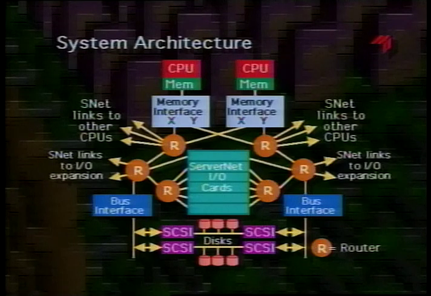In software fault-tolerant mode, each of the CPUs would be running a separate code stream and would be passing messages through the ServerNet interfaces. In hardware fault-tolerant mode, both of the CPUs are running the same code at the same time, and the memories are kept in sync with the same contents in both memories at all times.